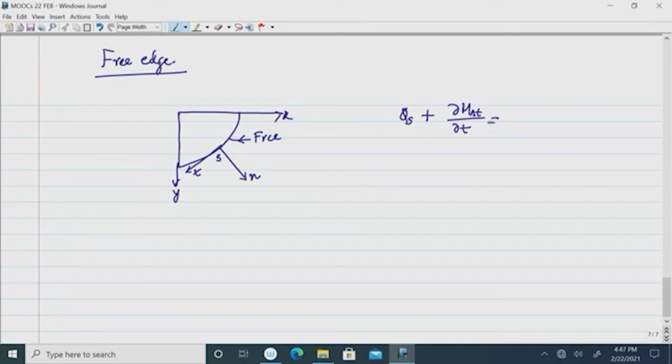So, this is equal to 0 is one condition and another condition is m n equal to 0. Okay. So, the first condition can be easily substituted that we have earlier obtained, but the second condition we want to derive. q s and m n t are known and the del by del t operator is to be found out. So, in this connection the m n is what we have found earlier, minus d